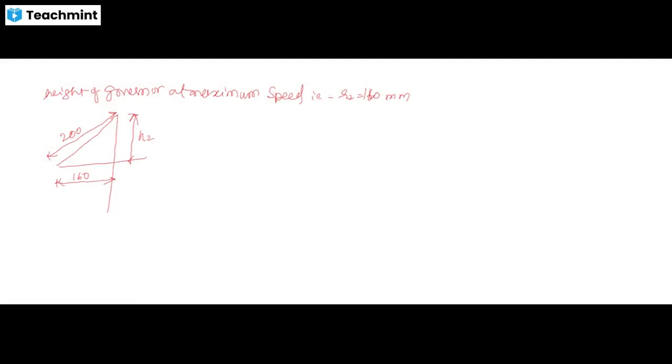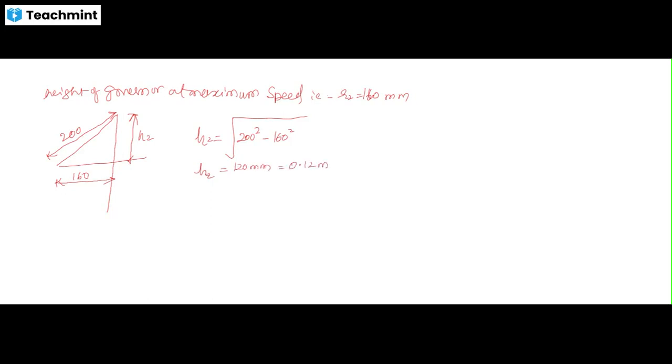So now H2 equal to what? Square root of 200 square minus 160 square. You find out how much you are going to get. 120, sir. It is 120 mm,